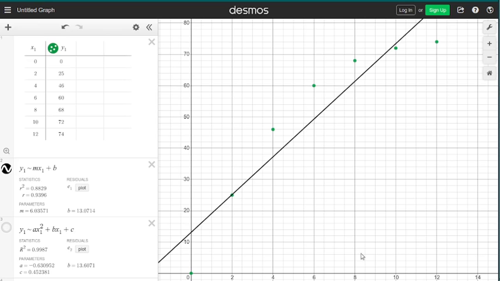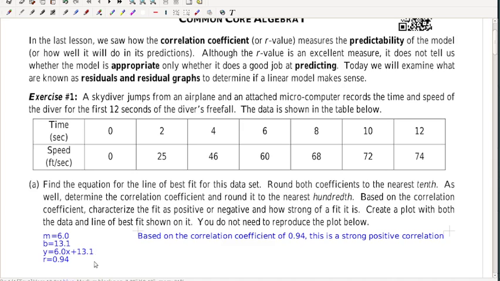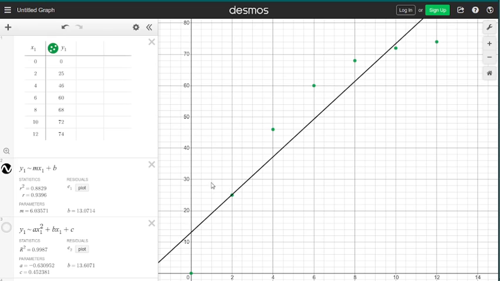So here's what my graph looks like. You can see the points in green and the line of best fit in black. Hopefully you've already copied down your parameters for M and B, your equation, and your R value on your sheet. If you haven't done that, go ahead and do that. So an R value of 0.94 shows it is a strong, positive correlation. But just by looking at the graph, actually, we can see that a linear fit is probably not our best